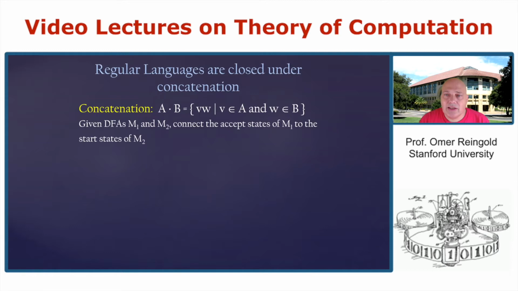And the idea is that you run the computation first on M1, and from every accept state in M1, you can move to the start state of M2. So you're going to connect accept states to start states. And this will allow you now to move to the second part of the computation where you're supposed to guess